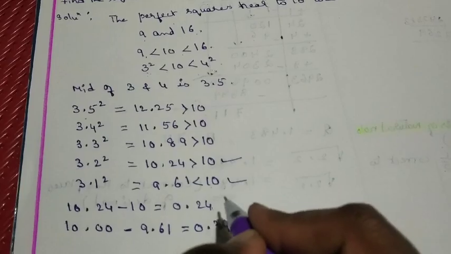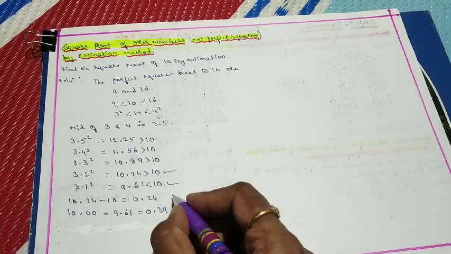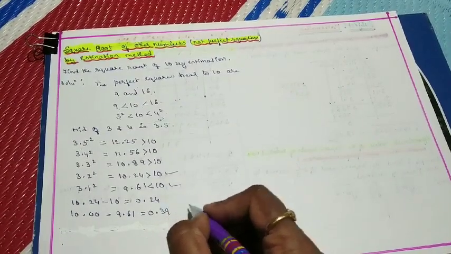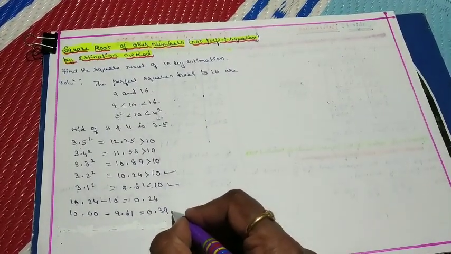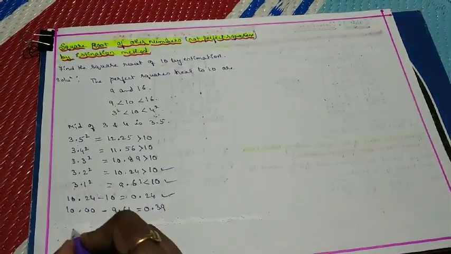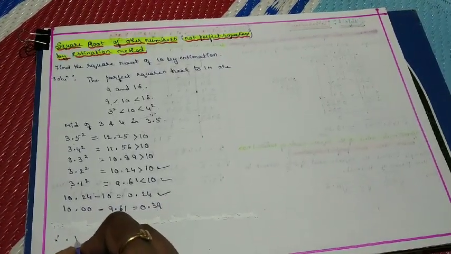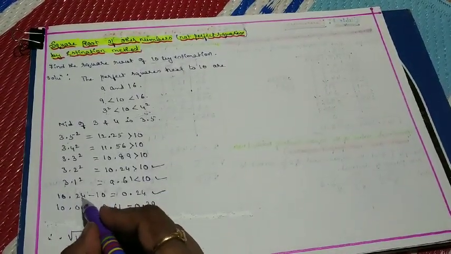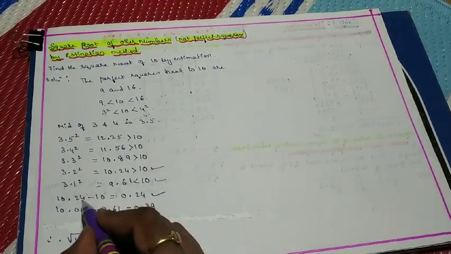We need to consider this. So 0.24 is smaller than 0.39. Therefore, this number can be considered. Therefore, the square root of 10 is nothing but, since 10.24 is nearer to 10,